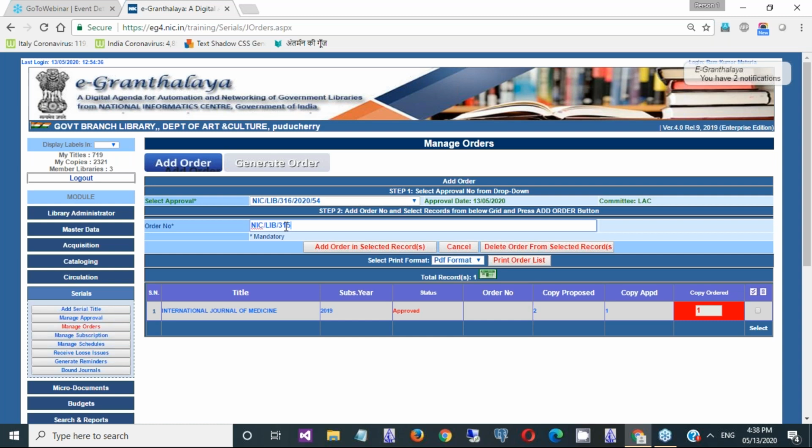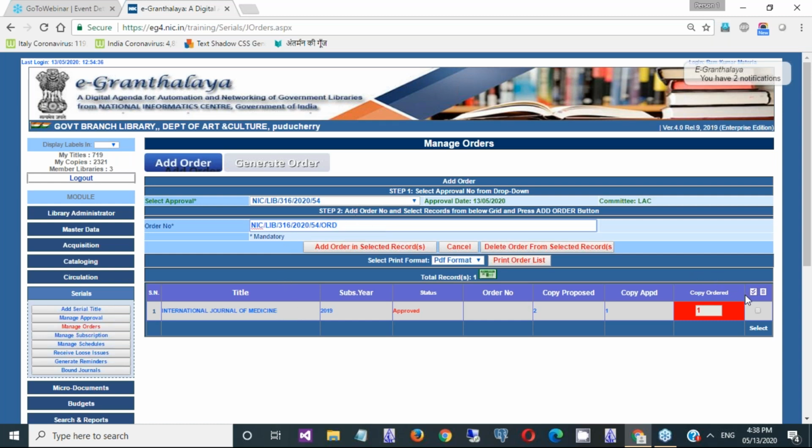In our library we used to put a serial number, 1, 2, 3, like that, serially in a particular year, and before that we generally used this kind of file number. For the sake of simplicity I am taking the same order number. You can put ORD here just to differentiate it from the approval number.